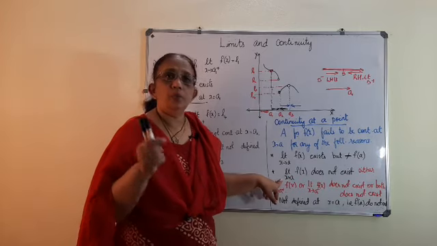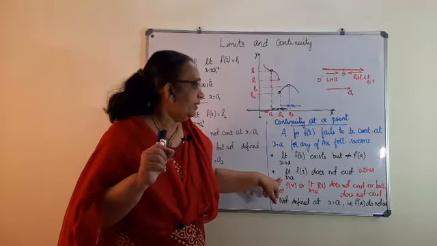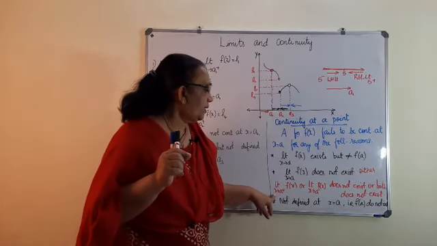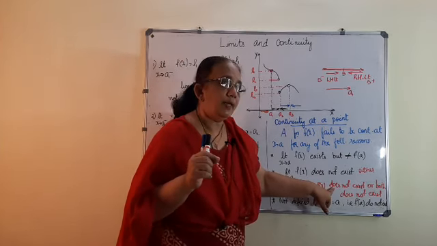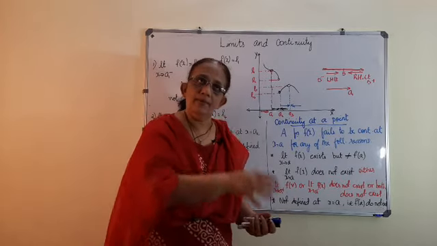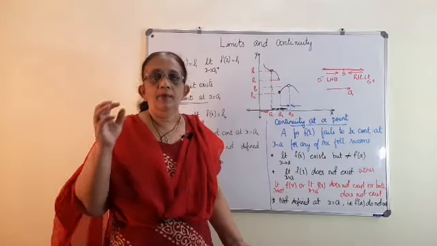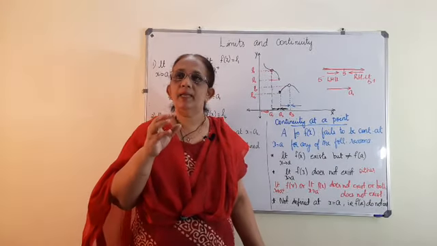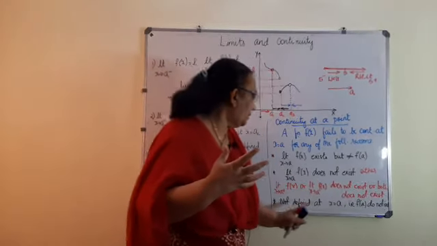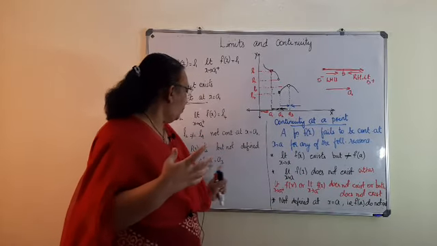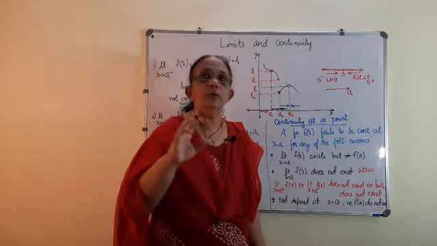Limit x tending to a. So you may think, why have I not written it as a left hand limit or a right hand limit? Again it comes: either limit x tending to a plus f of x or limit x tending to a minus f of x does not exist. This means either left limit or right limit does not exist, or both do not exist. If nothing is mentioned about plus or minus, it means that either left limit or right limit does not exist or both do not exist. Then what about the third point? Not defined at x is equal to a. Then f of a does not exist.